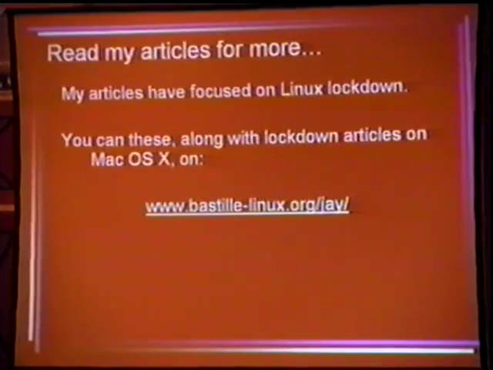In terms of hardening, I've got articles on hardening up on my website. When I said you could lock down daemons, you'd have to go and read some stuff and learn how to lock down a given daemon. I do talks on that sometimes, and I have articles on my website telling you how to lock down specific daemons. So that's it.